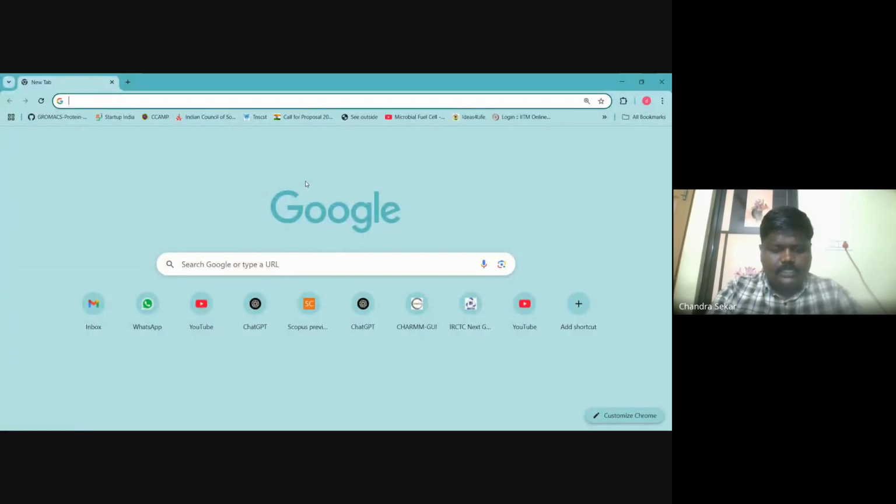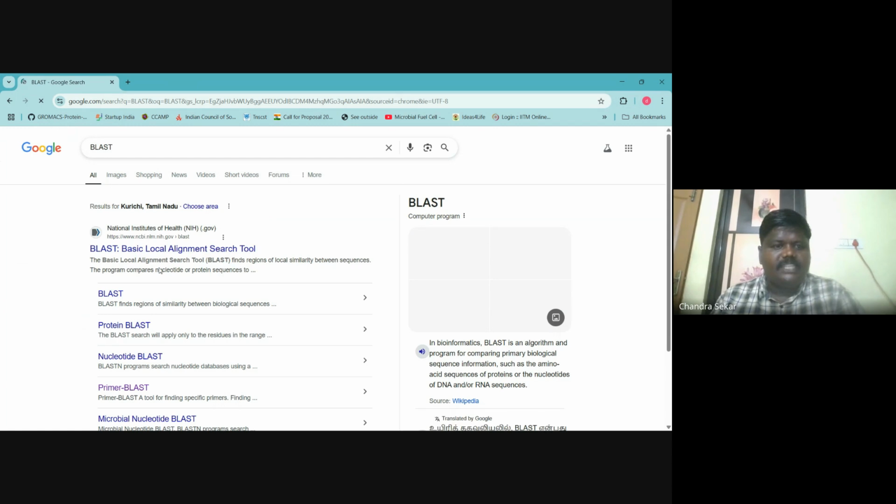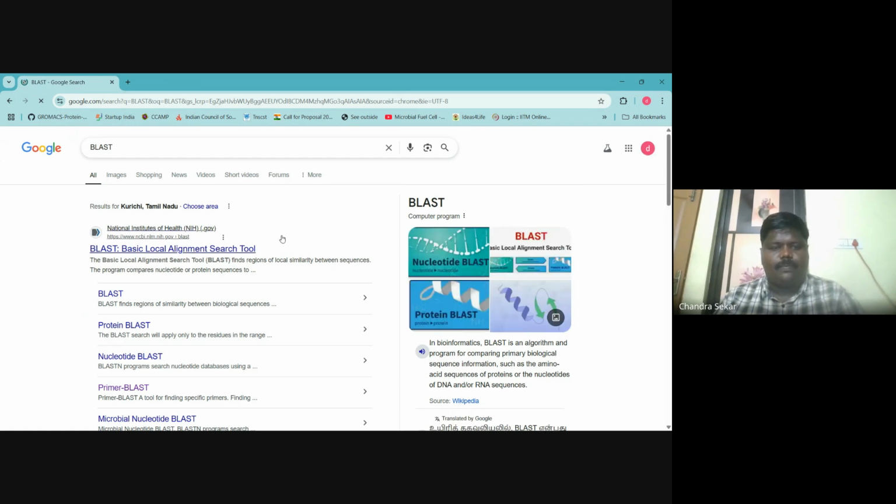I'll share a browser now. So there is a thing called Blast, the Basic Local Alignment Search Tool.